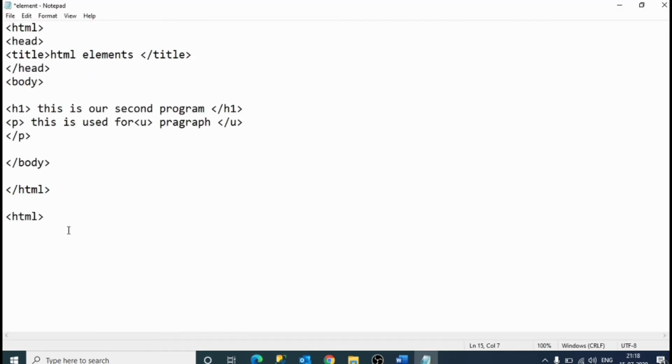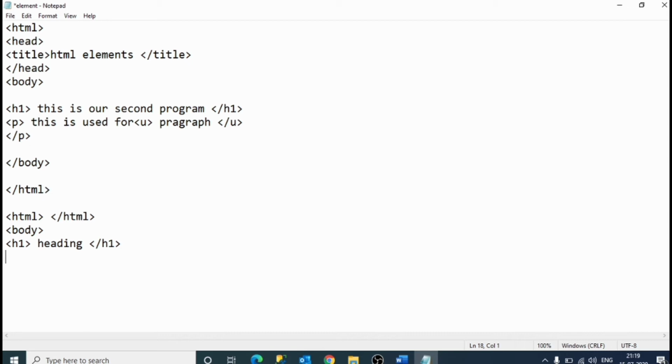This is called an HTML element. It is the root element and it defines the whole HTML document. It has a start tag html and end tag slash html. Then inside html it contains body, like body, h1 for heading, slash h1.